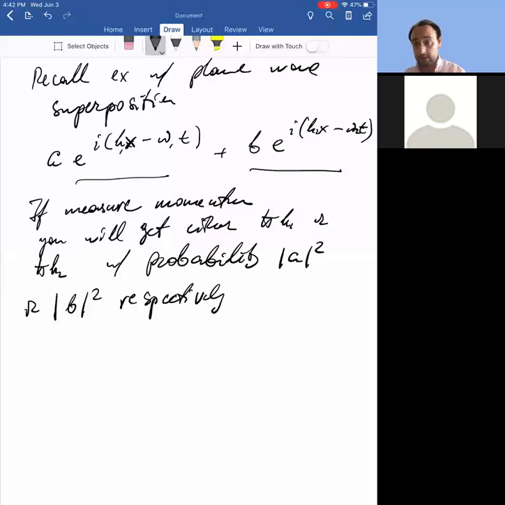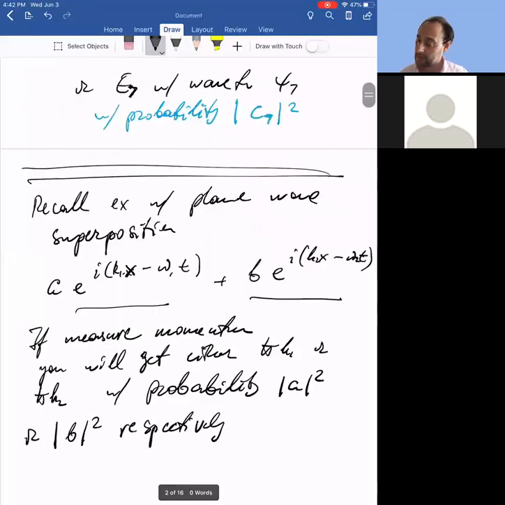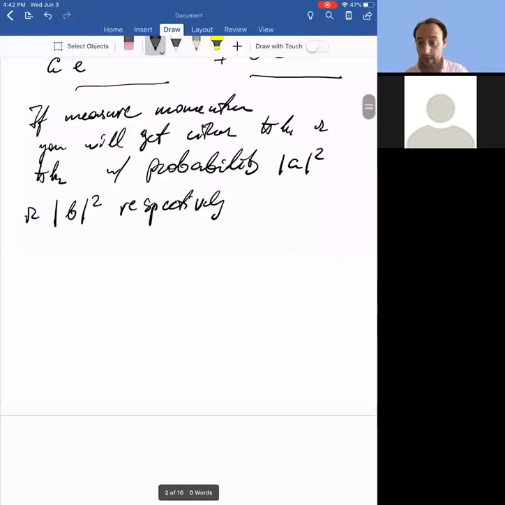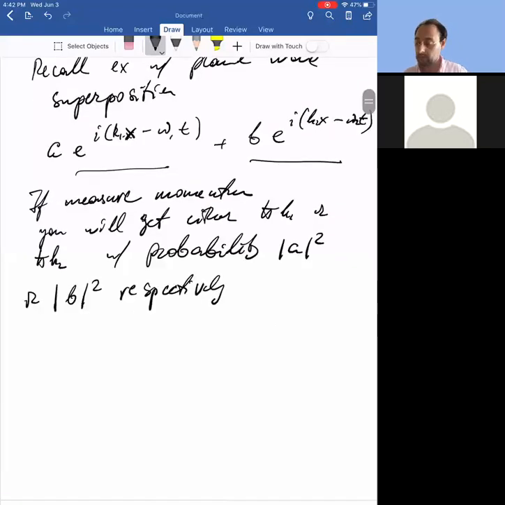So if you measure momentum, you're going to get either h bar k1 or h bar k2 with probability magnitude a1 squared or a2 magnitude squared. If you have a sum in terms of energy states, like psi 1, psi 2, psi 3, then if you measure energy, you're going to get one of those energy values with probability magnitude c1 squared or magnitude c2 squared. Going back to momentum, this should not be too startling, because of another example